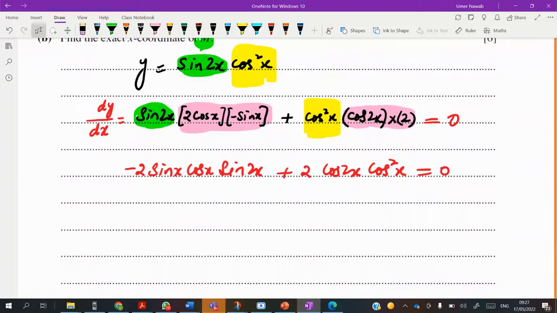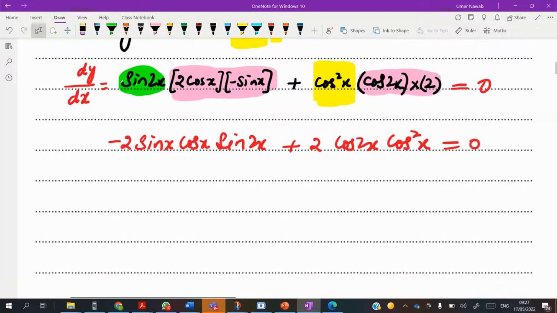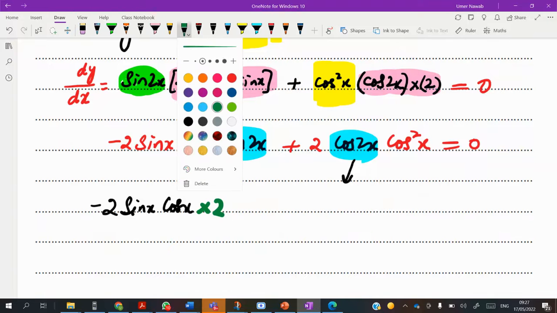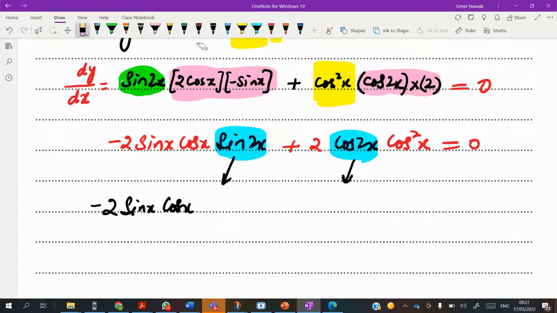Now he asks us to simplify it further. What is the best thing we can do? We can replace sine 2x by its double angle identity, and also cosine of 2x. Can I take the cosine of x common to simplify the expression further? Why not? I can first replace sine 2x and cosine 2x. So minus 2 sine of x cosine of x. In the place of sine 2x, I'm going to write now 2 sine of x cosine of x plus 2,